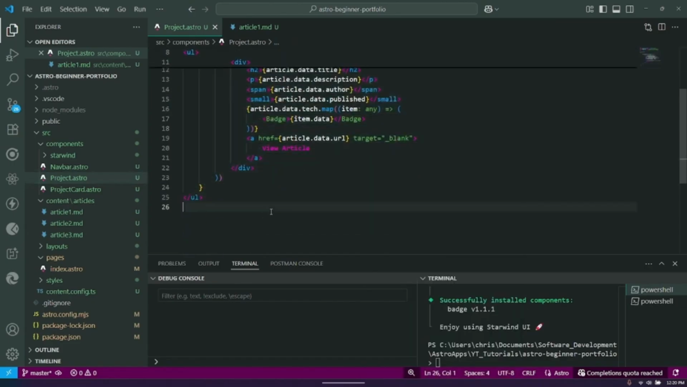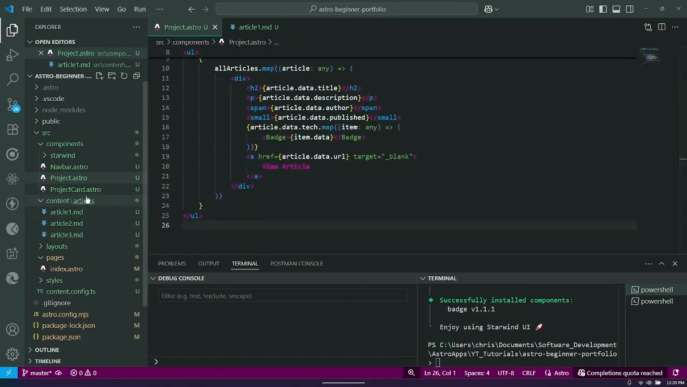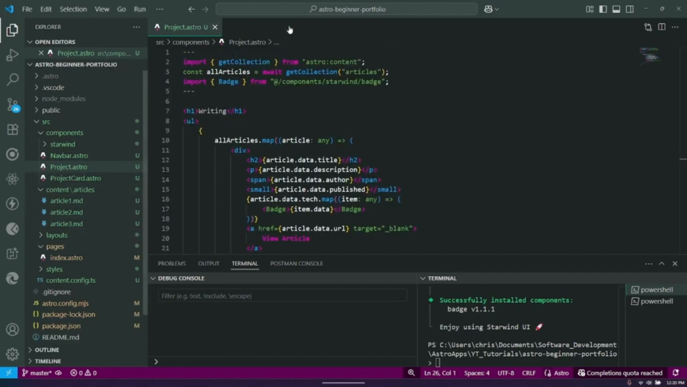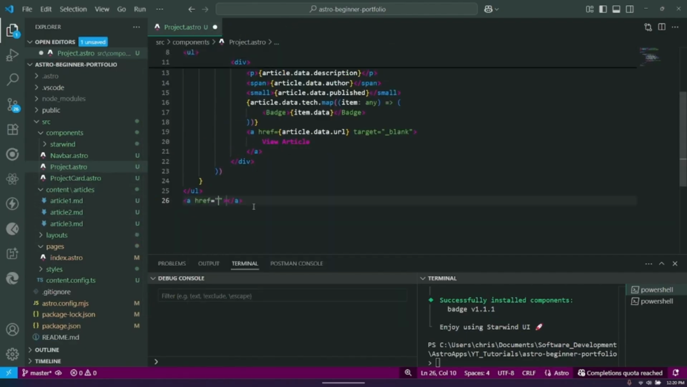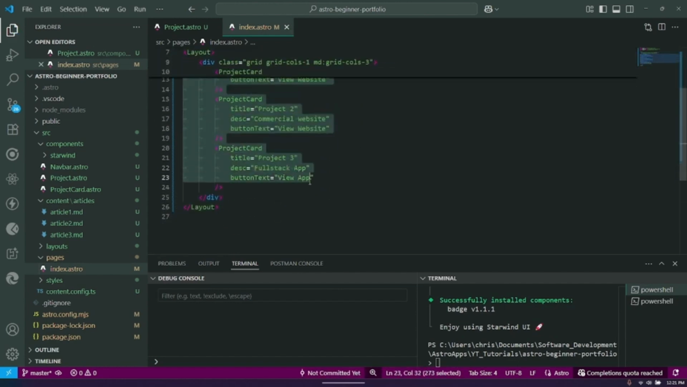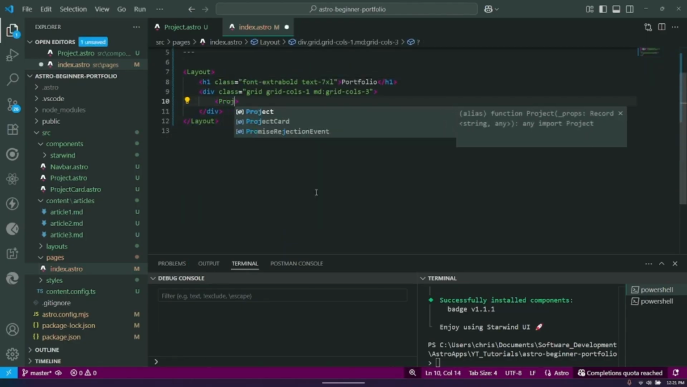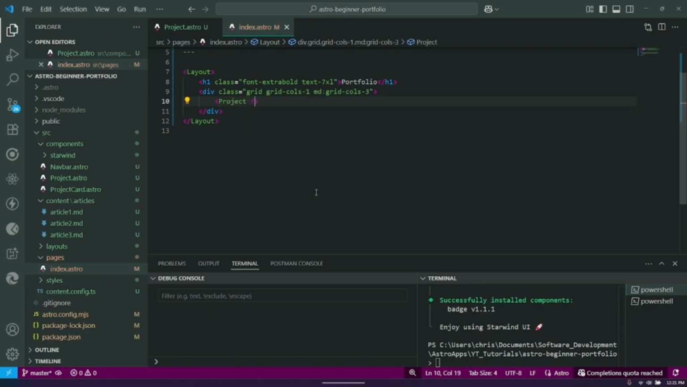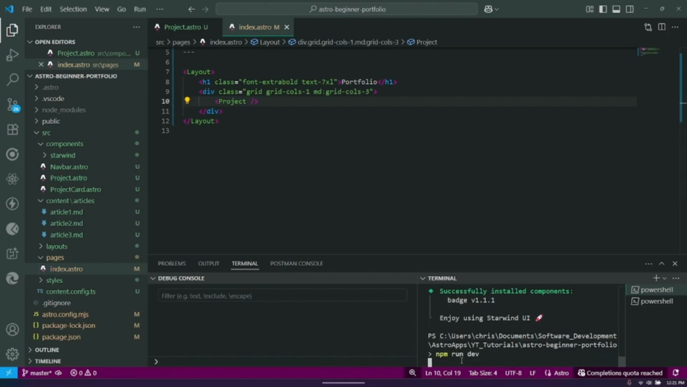So the reason why we're not using the project card component is that we're just going to test how it looks first. And we're going to go back to our index file, and we're going to import project. So instead of this project card here, I'm going to remove that, and we're just going to say project. So if we run our code again, npm run dev,